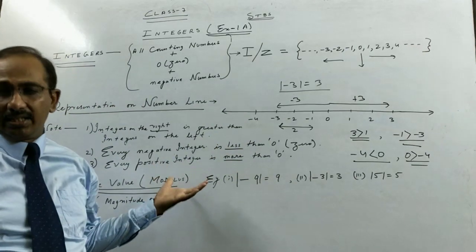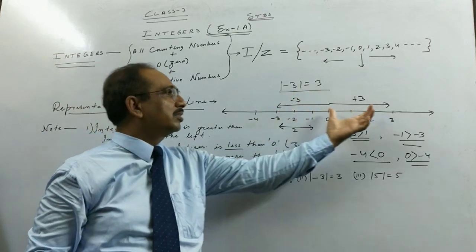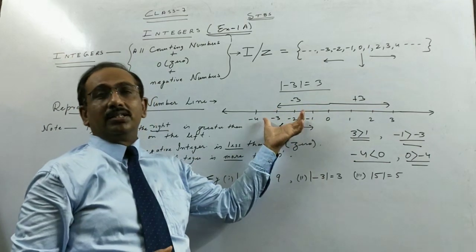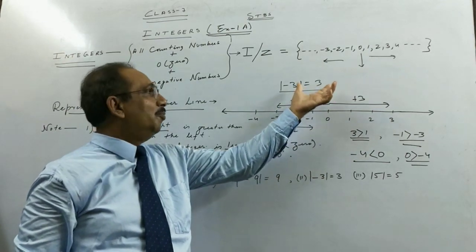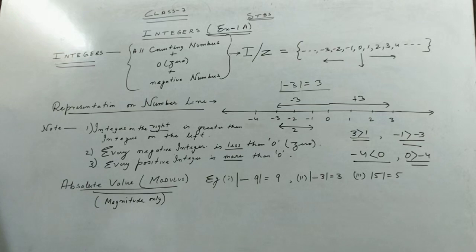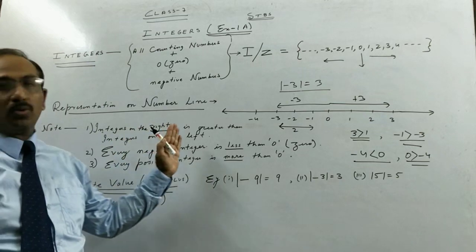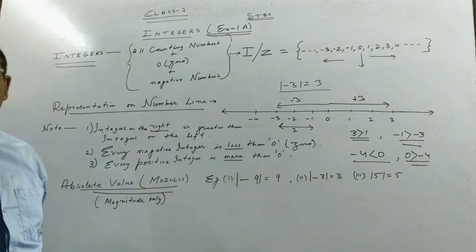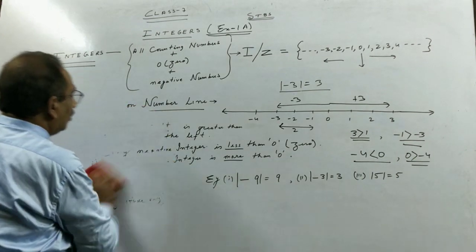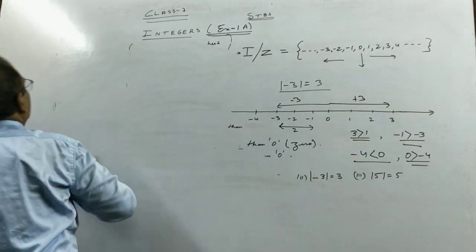So negative sometimes gives you direction, that is the opposite direction, but the magnitude, the main value, remains 3 whether you walk 3 kilometers this side or that side. We may call it minus, the sign is there, but the absolute value or modulus of minus 3 is 3. So with this concept, students, we will start doing the exercise. If you want to copy this, please pause the video and copy it, then we will move to the sums.